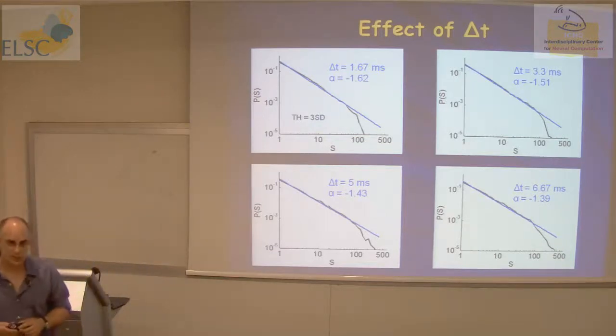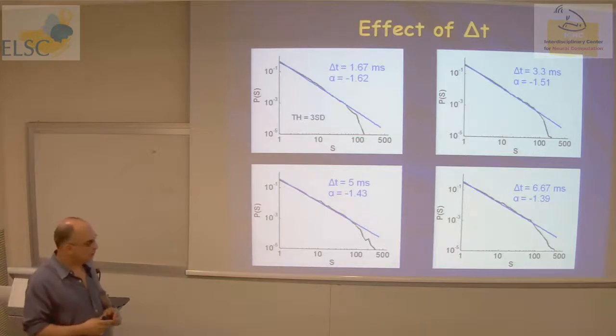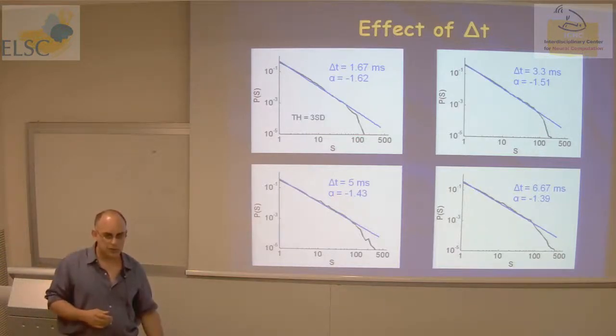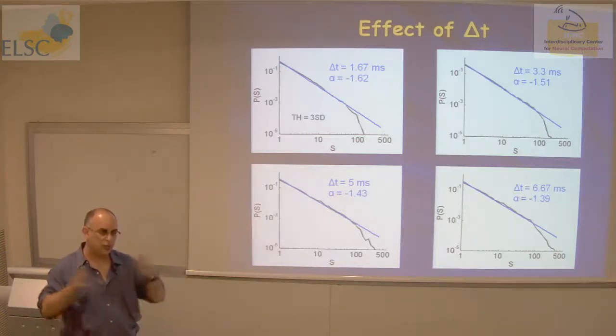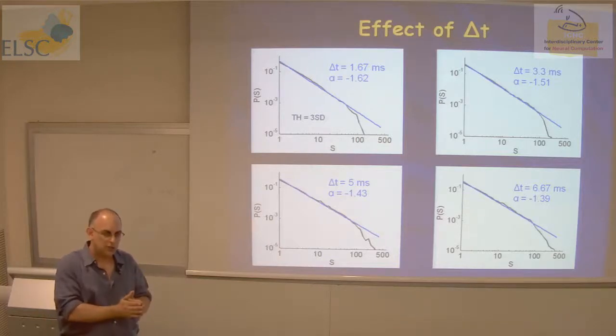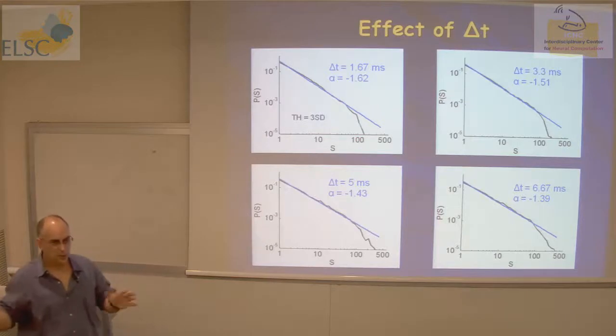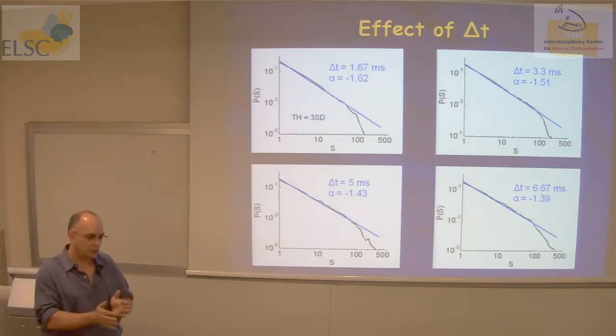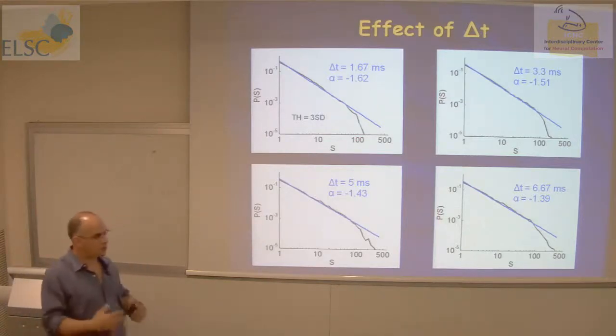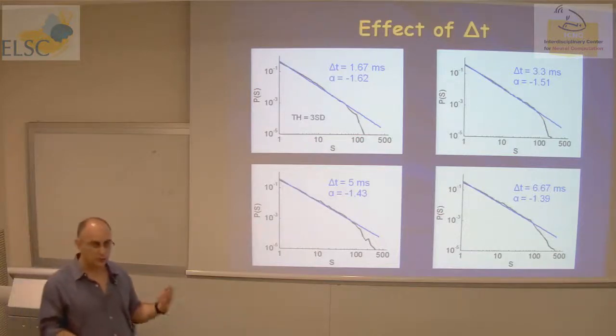It's not easy to fit it with a certain known distribution. For instance, in the cortical cultures, life is easier because you see a clear separation of timescales. You see a bimodal distribution, very short intervals within a cascade and very long intervals between cascades. So it's kind of easy: you put your delta t somewhere in between. But in the context of intact animals, in particular the human brain, you don't really see that.